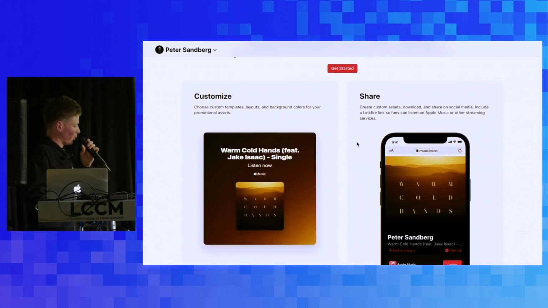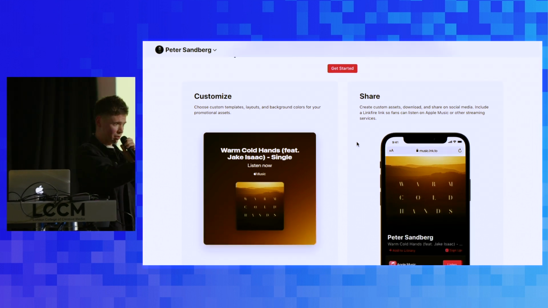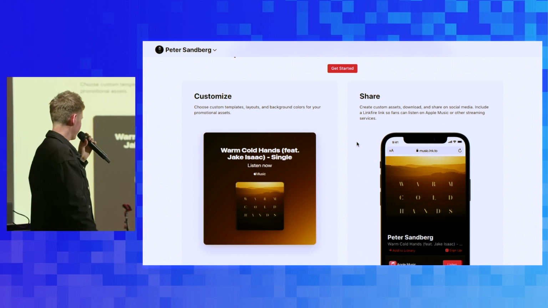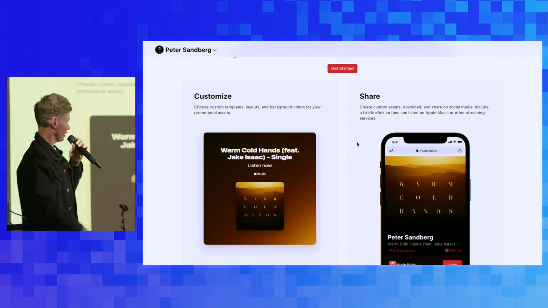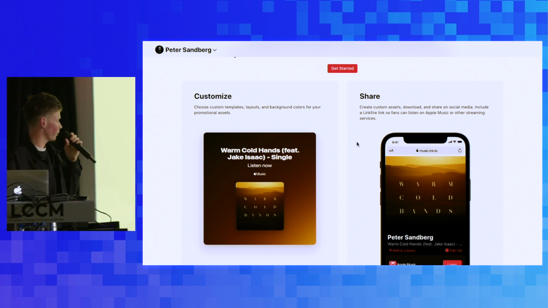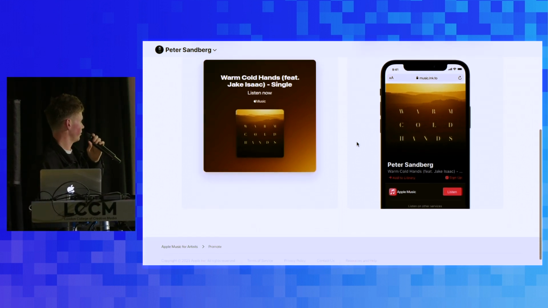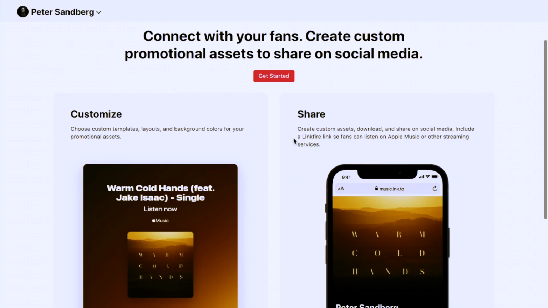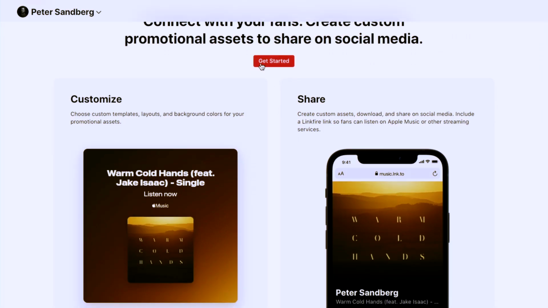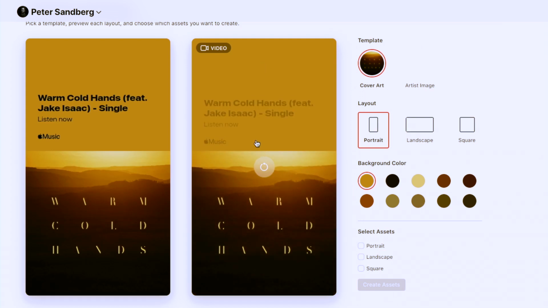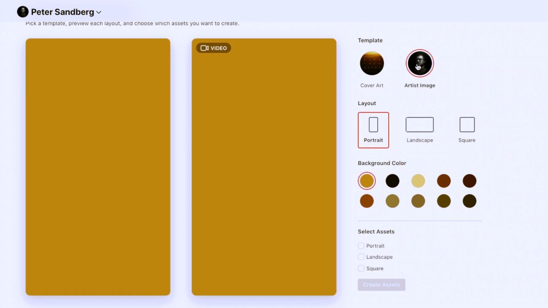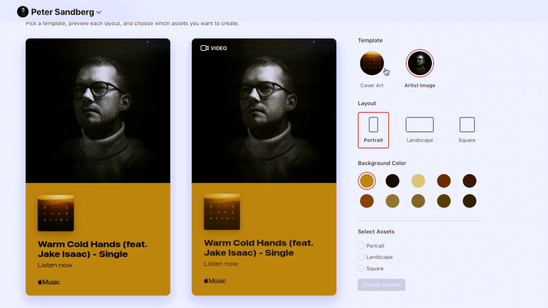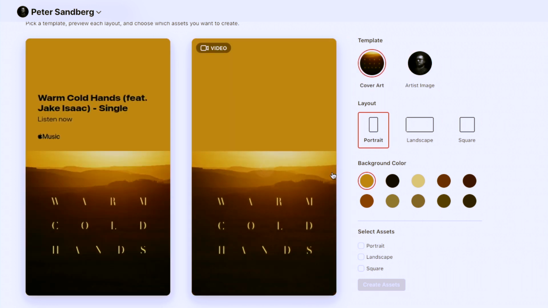Now, Apple have partnered with Linkfire, which is one of these short link services, yeah? So you can see you've got the link.to there. So we can build and customize this. We can totally customize how this looks. So I can click on that. Here we go. I can completely change this. So I can choose whatever. Do we want his image? I don't know. What do we think? Cover art, probably a bit nicer.